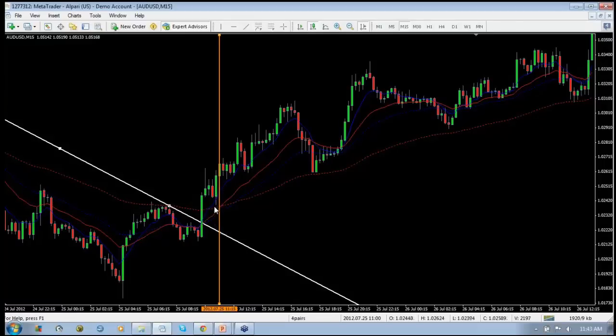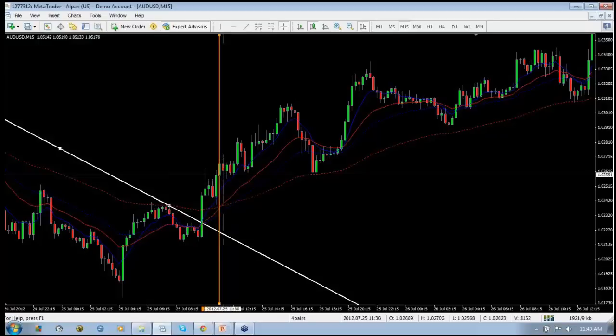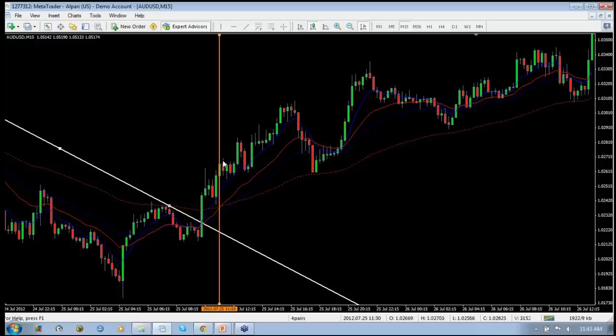So how do you do this? Okay. Well, what we need to do is wait for price to get free and clear of the moving averages. We need to wait for a pullback and then a rejection. So we get that right at the open of this little candle right here. Okay. Price moved up, came down, then broke this trend line, moved back up again, and then we get a